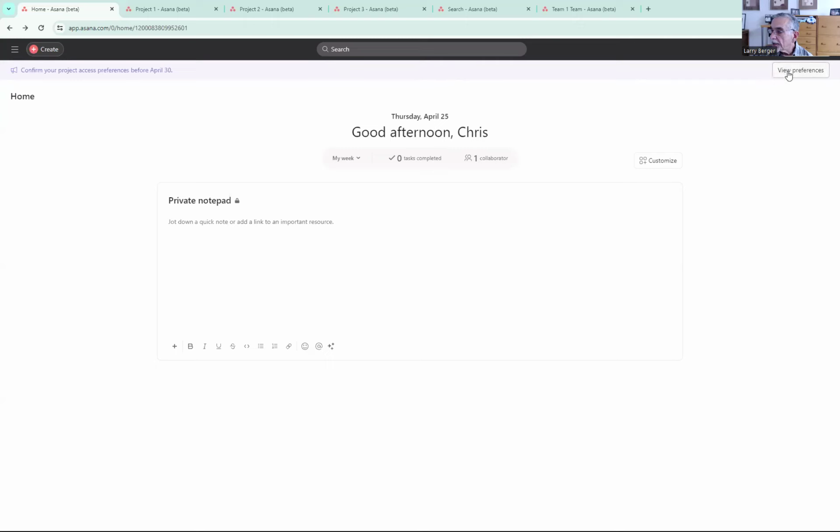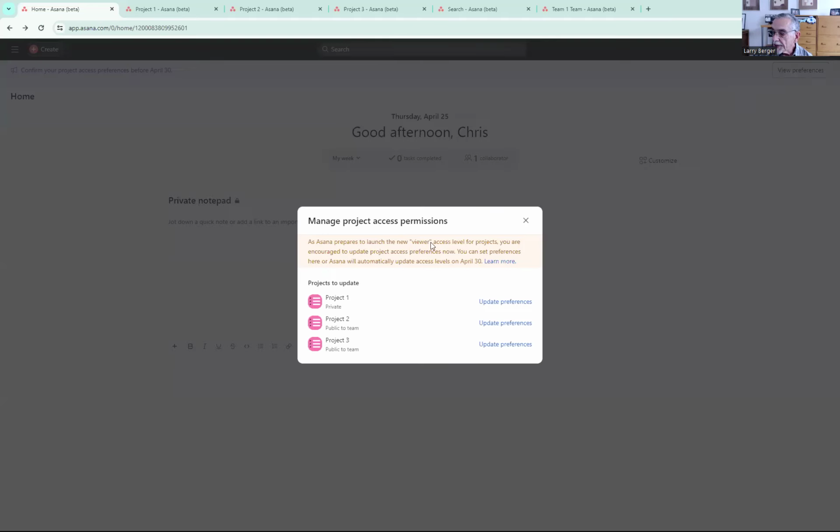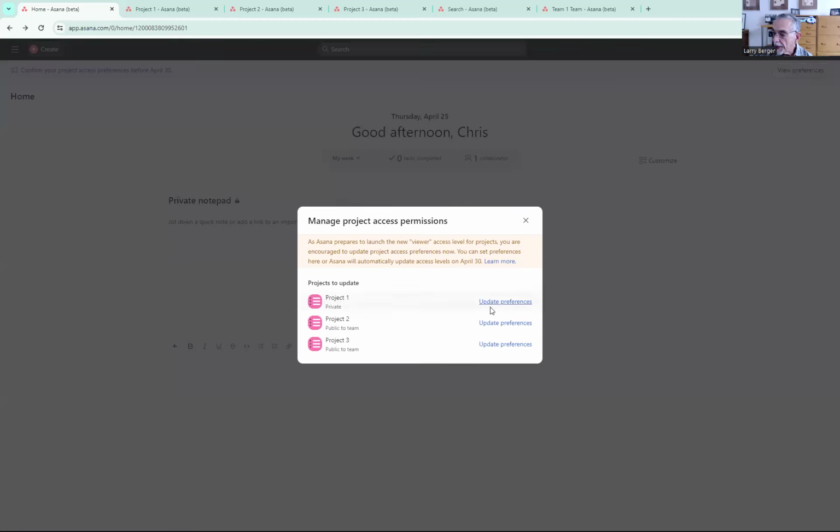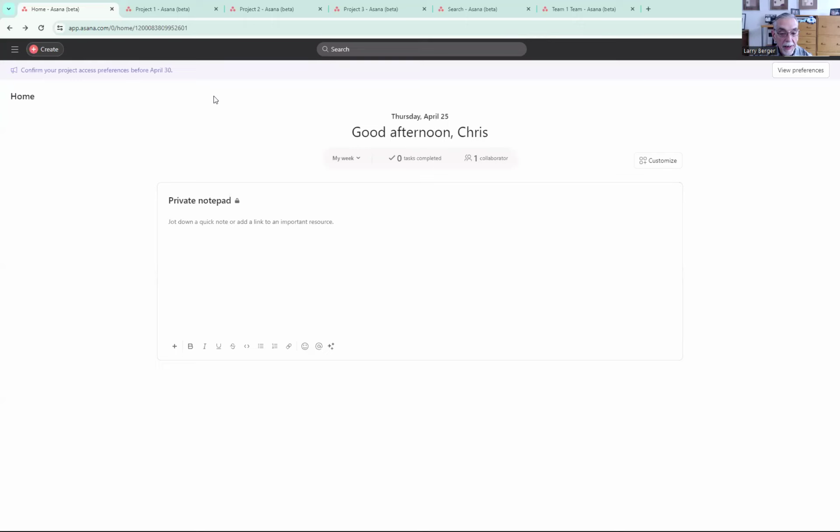So what does this do? This basically lets you see, for this person logged in, I'm logged in as Chris over here, if I click this, I'm going to see all the projects where I'm a project admin and I'm able to treat each one individually and go ahead and correct it. So if I were to go to this, it's exactly going to take me to that dialogue that I showed you a minute ago. It's going to operate on that one project. And then I could go ahead and clean that one up and do the other two, and then this would go away and all these notices would go away. So that's what you could do at the project admin level.